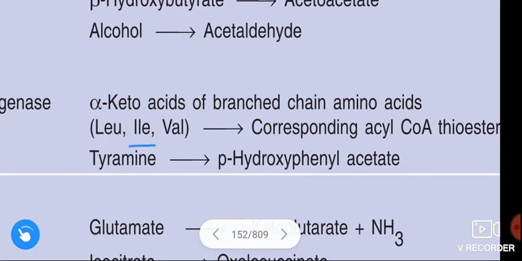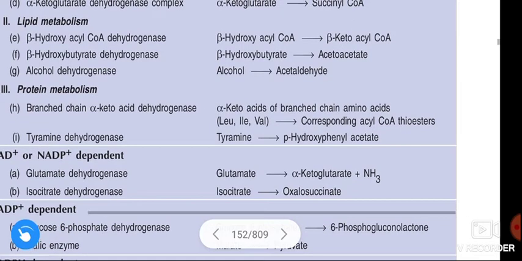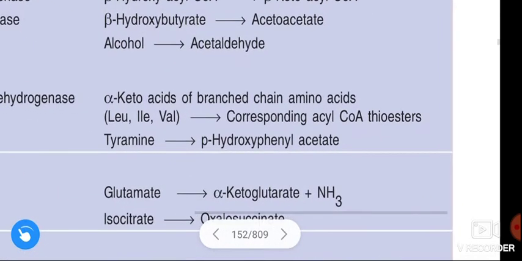This enzyme helps in conversion of alpha keto acids of branched chain amino acids to